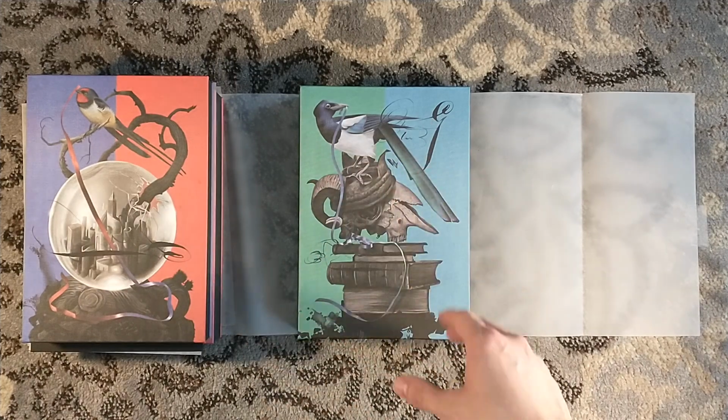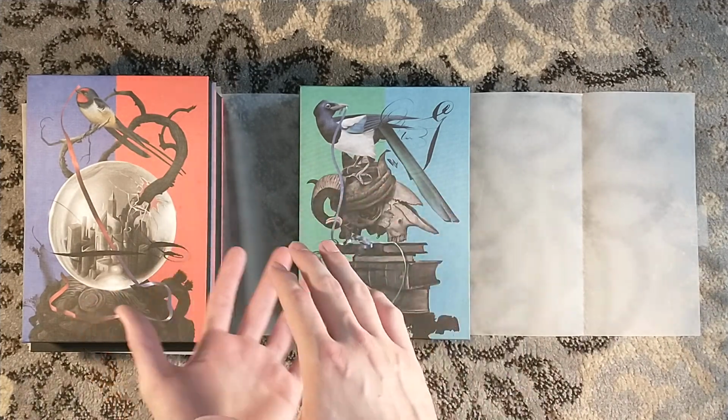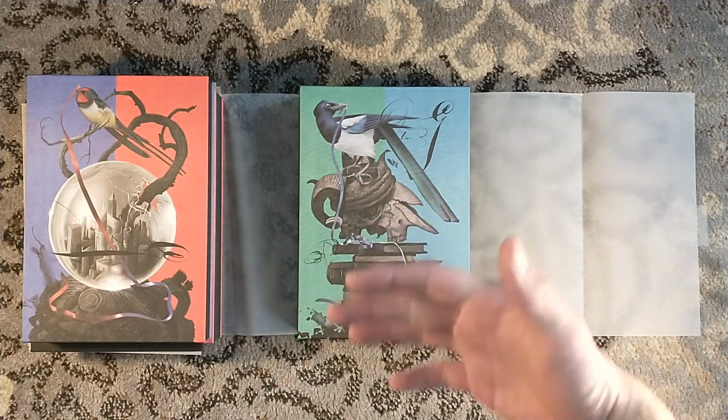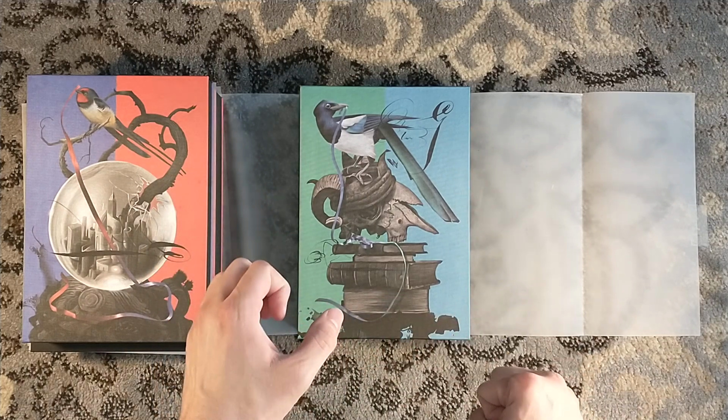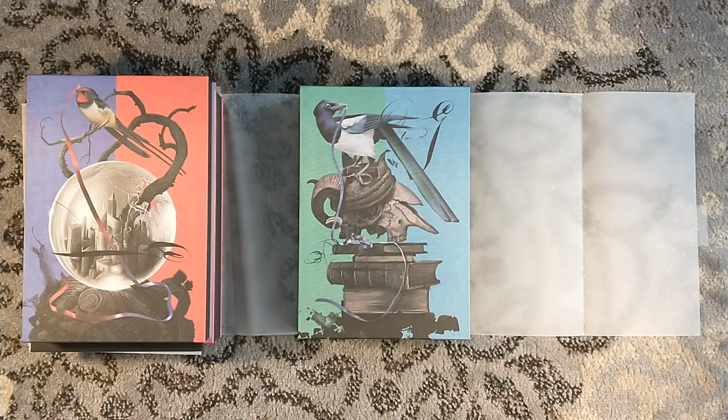It's a very strange book. I'm not going to lie. I was kind of expecting, when they said, oh, it's fantasy, you know, don't expect sword and sorcery. Don't expect any magic, high fantasy, anything like that. It's very much gothic fantasy. It almost reminds me, in a way, of